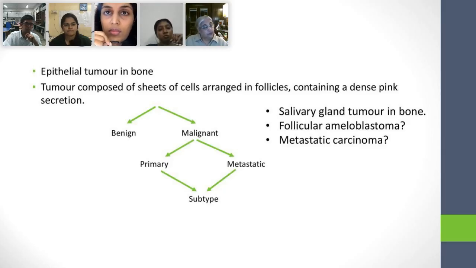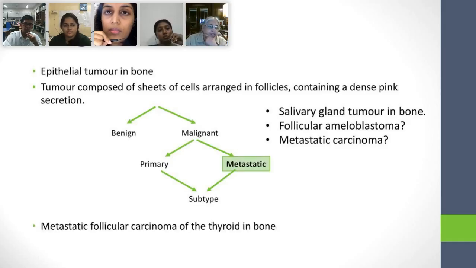Salivary gland tumor, yeah. If you think that all these round structures can occur in, say, an acinic cell carcinoma, but you think an acinic cell carcinoma primarily will occur in the bone? The answer is no. So this must be very low on your list. So what is the diagnosis? It's probably a metastatic carcinoma with a follicular appearance. Which metastatic carcinoma has a follicular appearance? Only one, no? Thyroid. Metastatic follicular carcinoma of the thyroid in bone. It's not a difficult diagnosis.